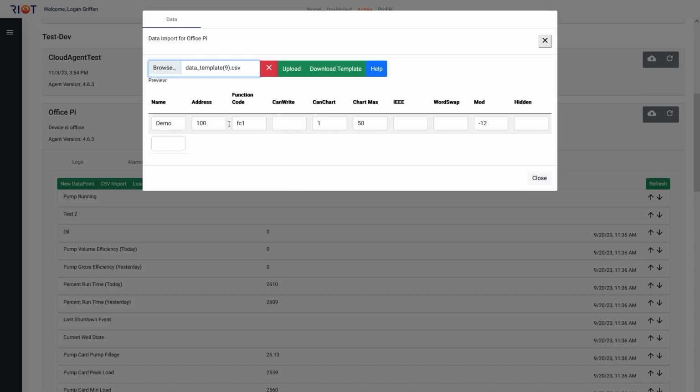And as you can see, if you'd like to make any last-minute changes before you import this data, you can do so here. In this case, I left it as -12. Let's just change that back to divided by 12. Once you're happy with how everything looks, you can click the Upload button,